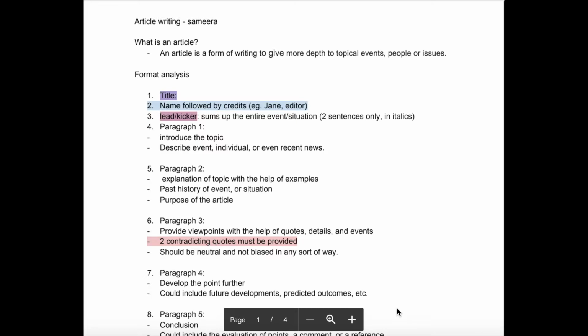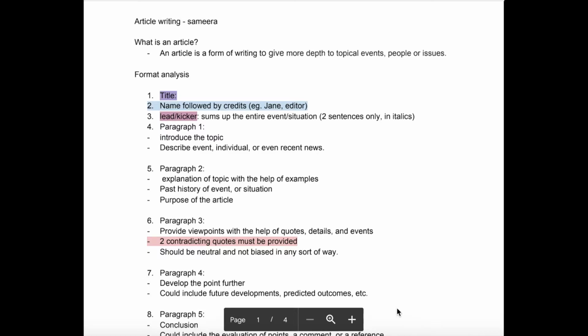A newspaper article's main purpose is to inform the readers about everyday news, while for magazines, the purpose could vary depending on the content, which we will talk about further in the video. Lastly, a newspaper article contains quotes, facts and references and no other contradicting opinions, while magazine articles can have multiple contradicting viewpoints or opinions. Make sure to understand these three basic differences as it would help analyze questions, making it a lot easier to answer.